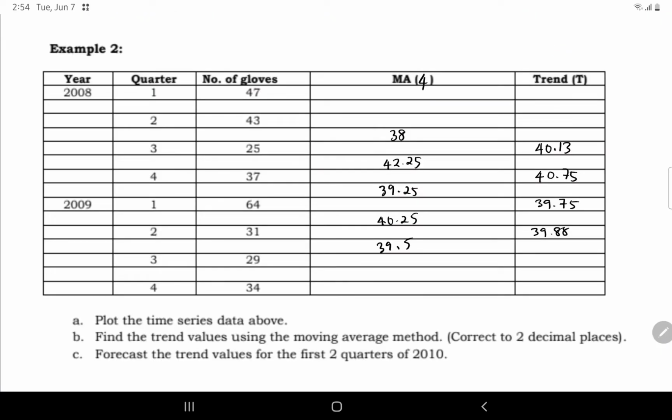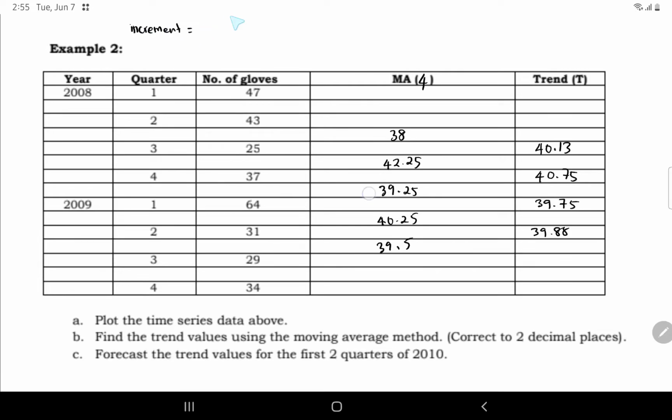Okay, sorry yang tadi dah terpadam, so saya tulis balik all the values for moving average. Okay, ini adalah yang kat fourth column, and then our trend is at the fifth column. Okay, so cara nak kira macam yang tadi lah. Okay, so first we need to find the increment. Okay, so based on the previous slide, the formula for increment